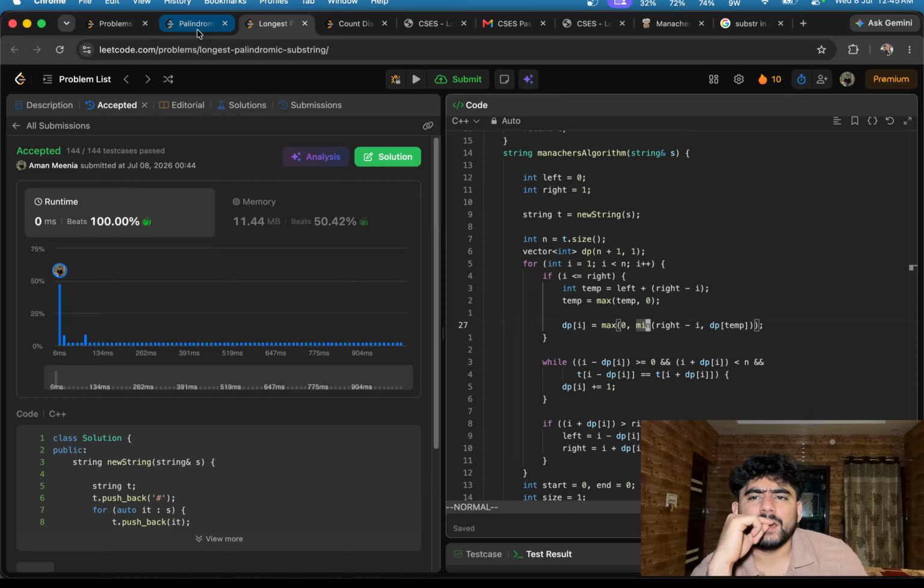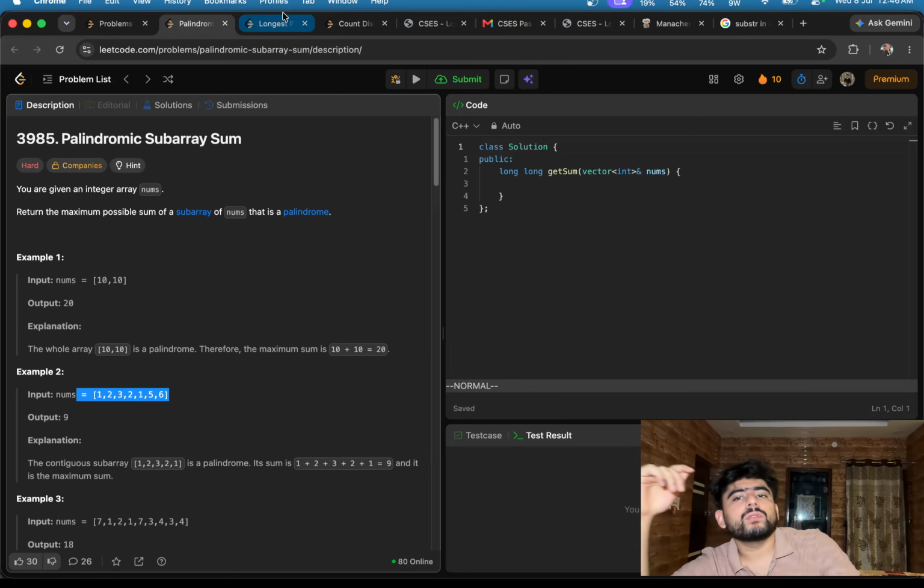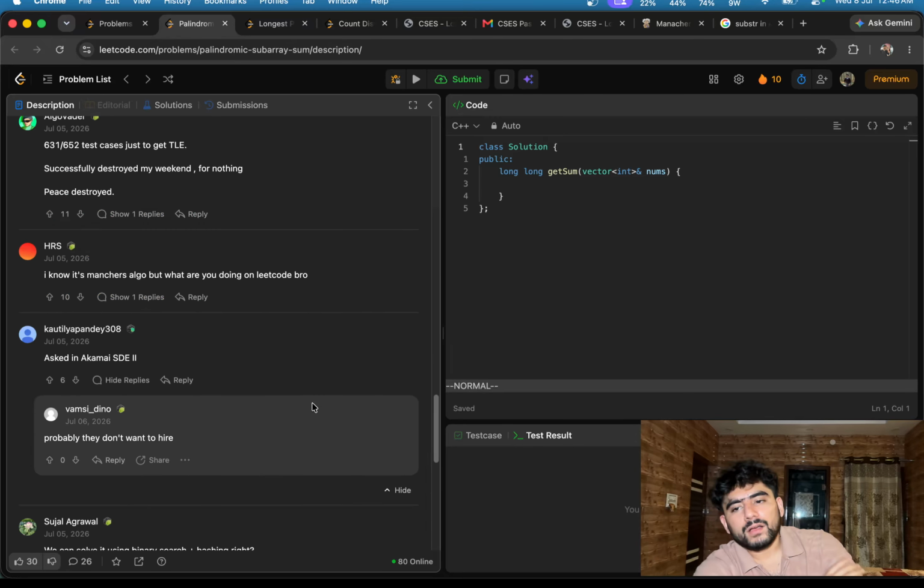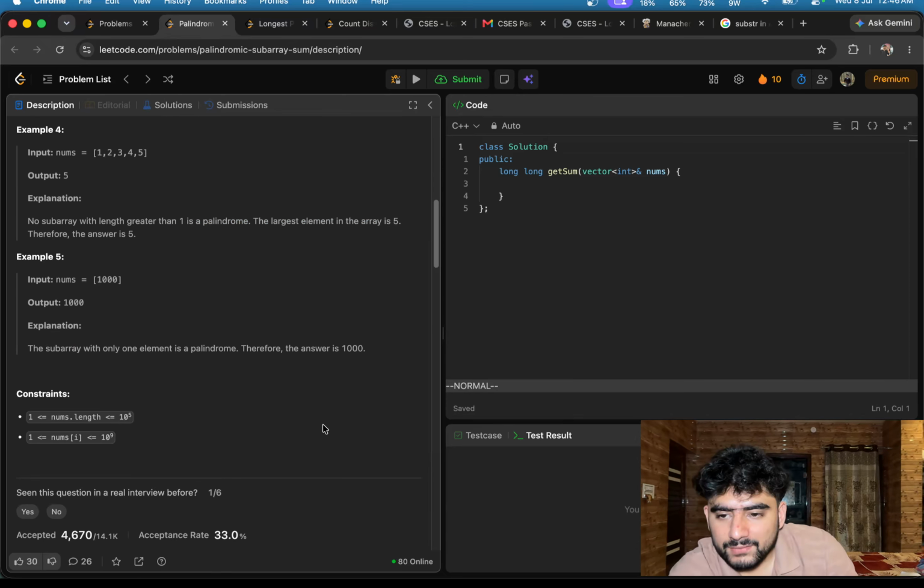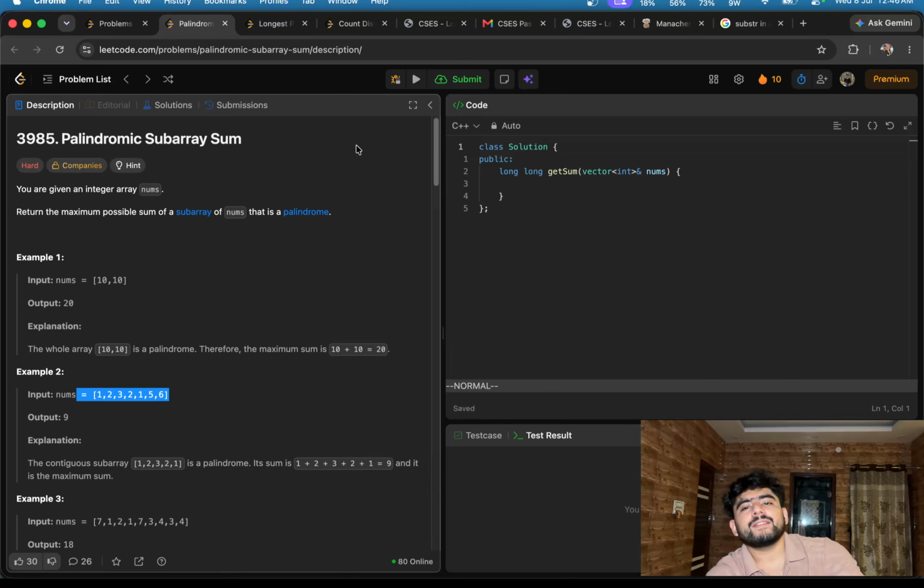So what is the problem? The problem is going to be the same. Only instead of returning the maximum length substring, we have to return the palindromic subarray sum, like the maximum possible sum. Can the value be negative? As the value can be positive only, what we can do, we can simply